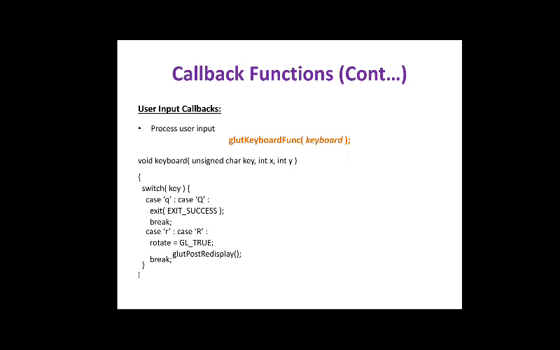For keyboard input, you use the glutKeyboardFunc function, and you pass keyboard as a parameter. This keyboard function is written over here with the character key and some x and y values that are nothing but the coordinates on your screen. So, if I press Q, I will exit that particular window, and if I press R, you are redisplaying some contents. These are keyboard functionalities when I say it is a callback function.